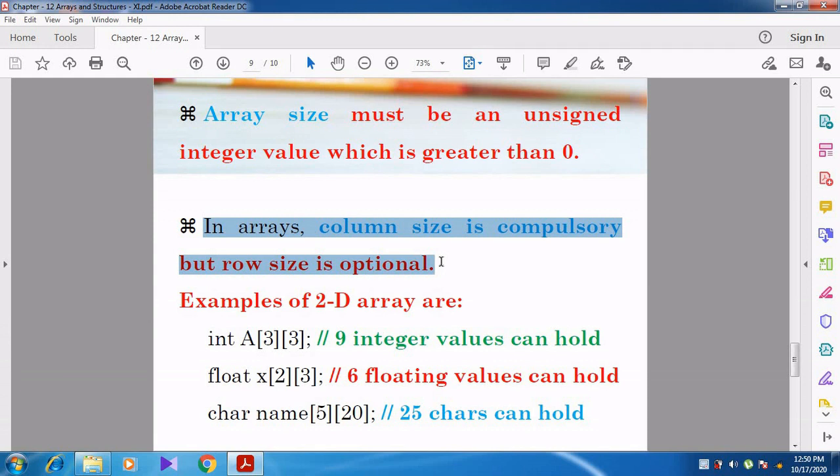So that is what they are saying: in a two-dimensional array, the column size is compulsory but the row size is optional.